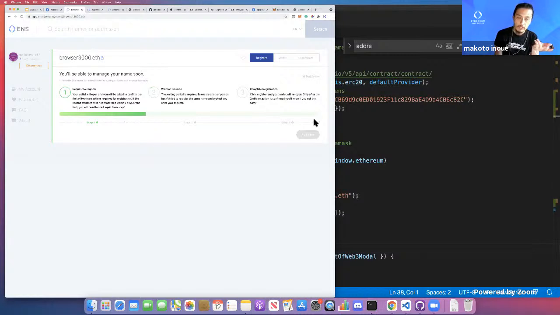And this one is also interesting: when you register, you can't just register in one transaction, because the nature of the Ethereum blockchain is that everything is public. So if you just say, hey, I want browser3000.eth, when you send the transaction, sometimes it takes 5-10 seconds, but sometimes when the gas price is very high, due to congestion, when it gets very popular, it might take 5 or 10 minutes, or never settle. And when it gets congested, if you are just sending the transaction normally, people can actually see